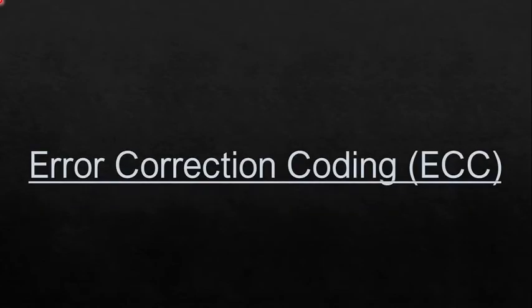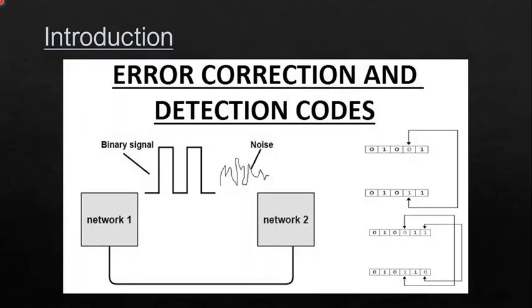First of all, we are going to discuss what error correction coding, or ECC, is. ECC are the means by which we compensate for the corruption that occurs in communication over imperfect channels. The diagram given below is just a simple graphical illustration, but if we talk in detail regarding ECC,